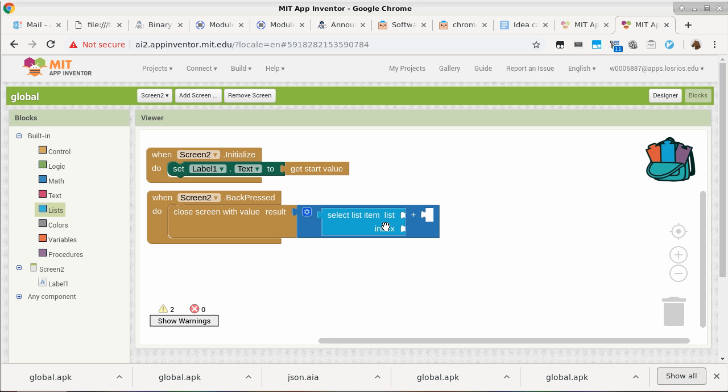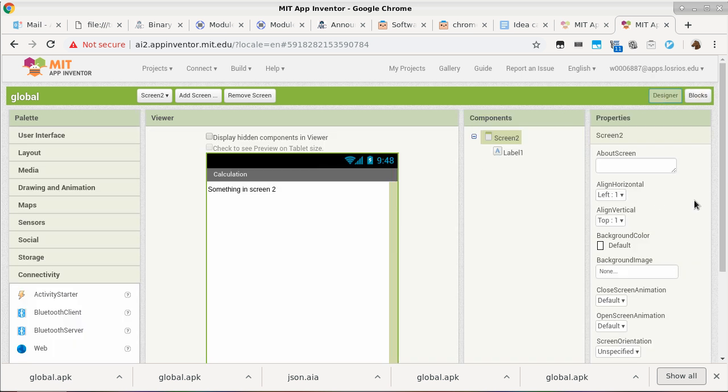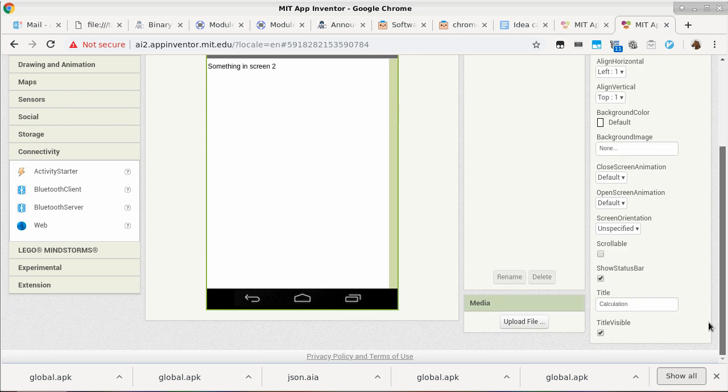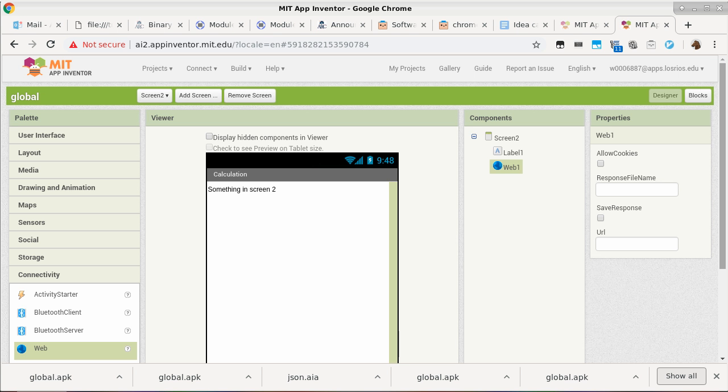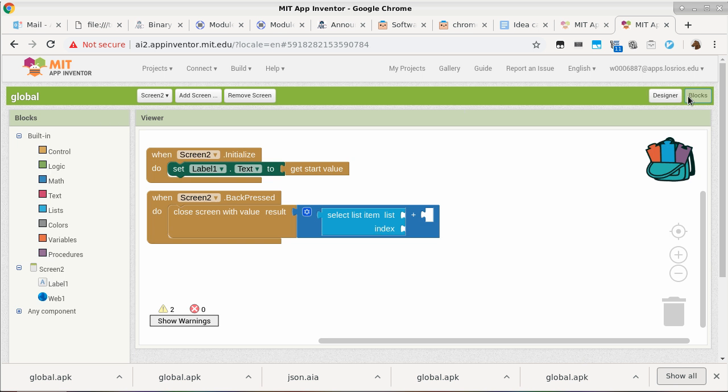So what list are we talking about? The decoded version of JSON. How do we decode JSON? What do we need to decode JSON? We'll need a Web component. That is needed as a component because it is a procedure in a web component that can do JSON decoding.